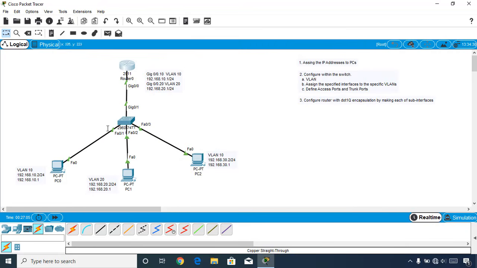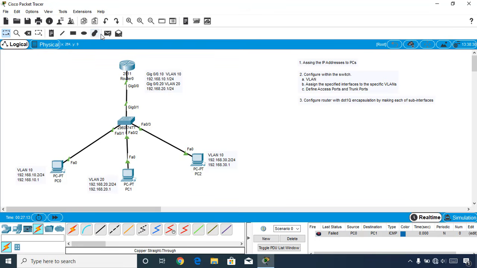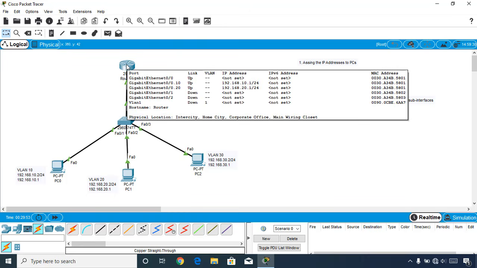Now let's make a ping test. Okay, just expand this. The first packet failed because of the ARP, and the second one, as you can see, has the successful message. But this time you cannot ping from this PC to this PC because it does not route there, just like that. Okay, one more thing, we need to change this VLAN to 30 because we are using another network,